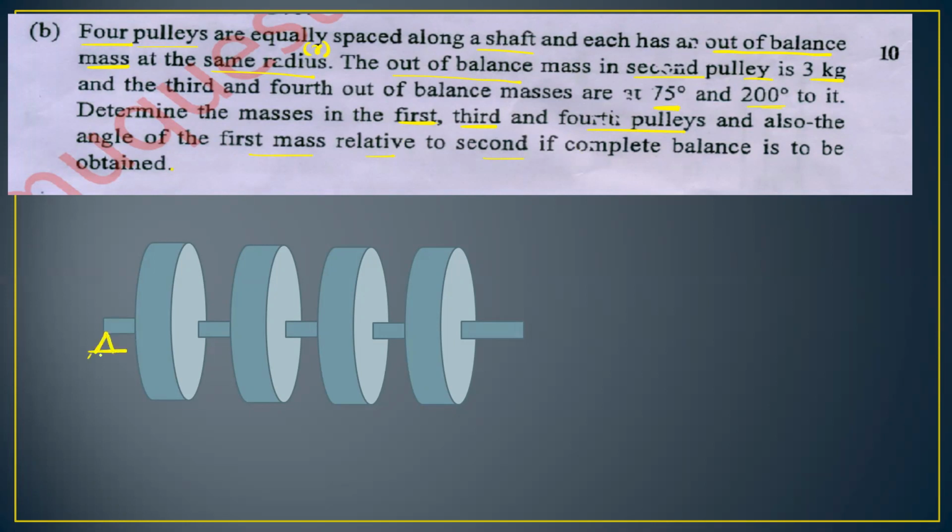A shaft is supported in the bearing like this. So this shaft carries 4 masses. So M1, M2, M3 and M4, these are the masses of these pulleys. And there is some eccentricity, that is the center of gravity is slightly shifted from the axis of rotation. So that eccentricity is same for all the masses. So suppose the mass 1